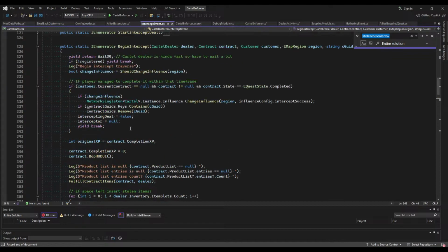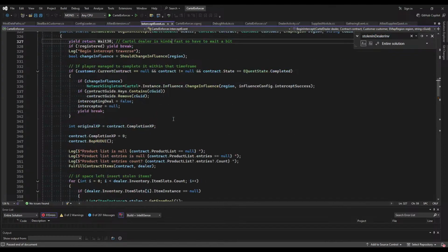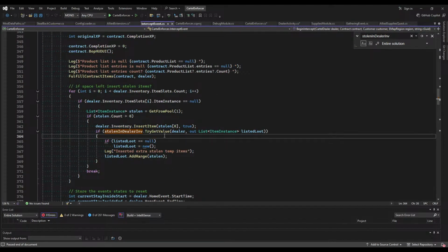Here. So when I'm fulfilling the contracts for intercept and then also the cartel customer deals, then during that I'm putting into the dealer's inventory items that are originally stolen from the player, but that shouldn't be deleted by the randomized or the clearing of the inventory. So